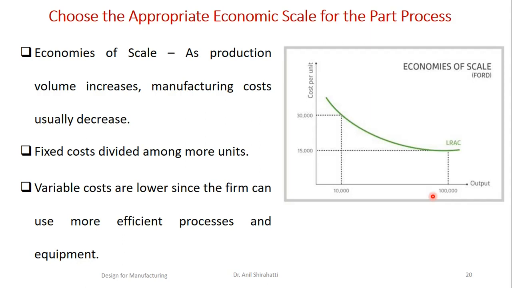Also the variable cost can be reduced. If you are producing in mass, the cost of raw material will get reduced because of the volume you are purchasing. Also the labor cost will get reduced. Inspection cost will get reduced because if you are doing mass production, you can use simple jigs and fixtures, so that inspection will be fast. The cost of inspection will get reduced heavily.